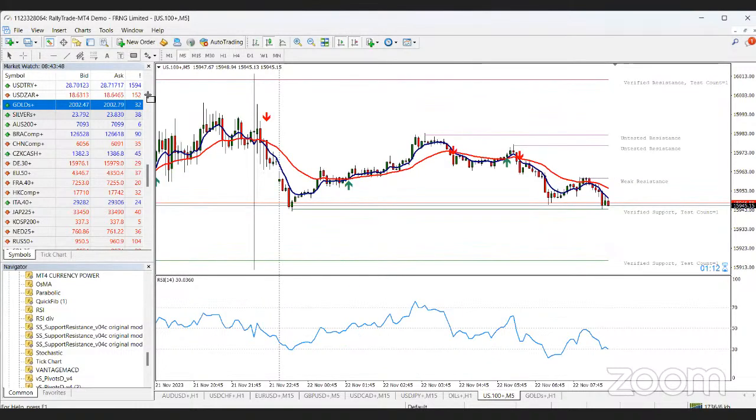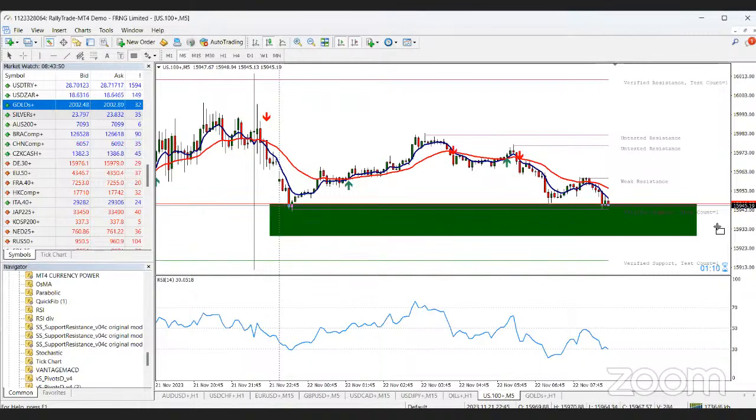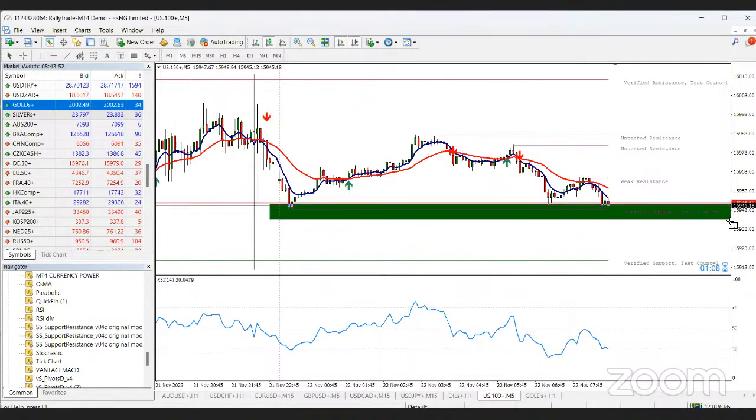So I'm going to mark this region. For me, it's already a buy, because they are the verified support right now. Anywhere in these regions, you can take your buys. If it's able to break below this region, you might want to close that out for your stop loss. But these regions are good enough for your buys.